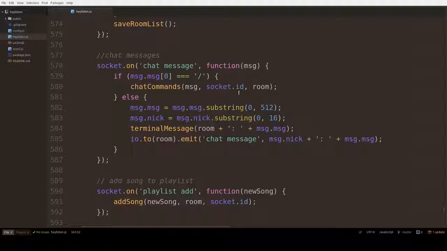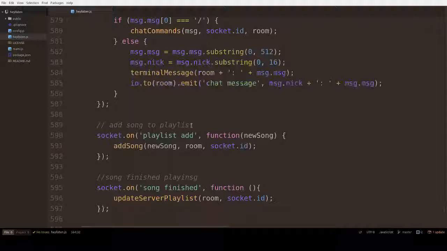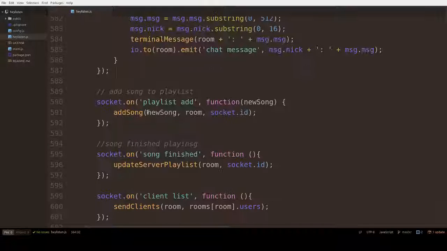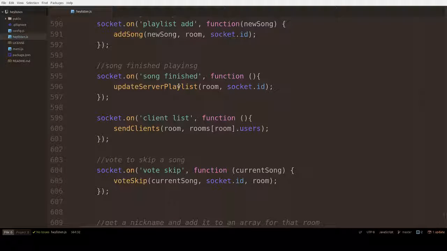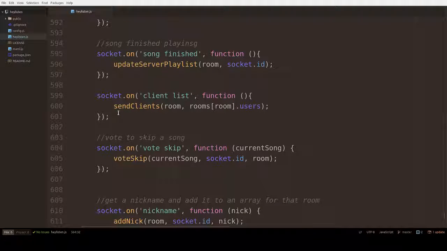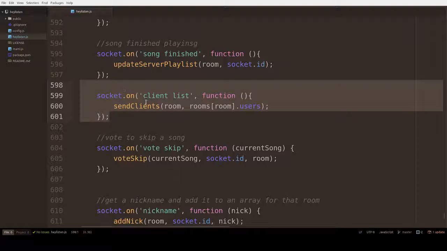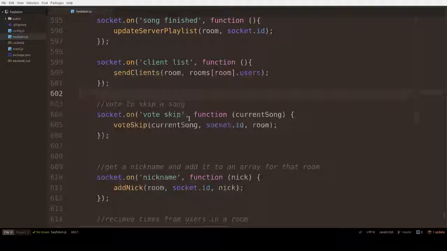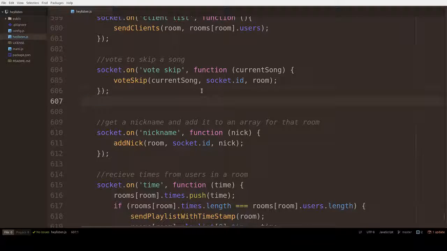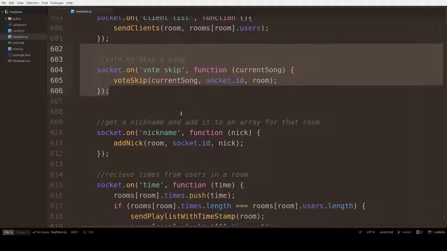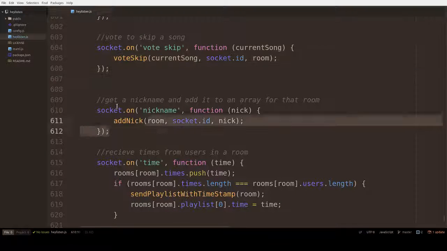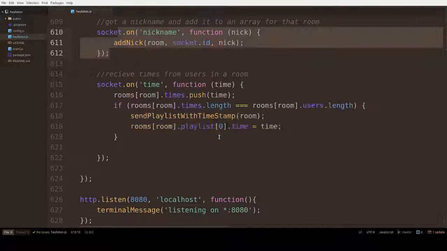Chat messages, pretty self-explanatory. It just sends a message. Add the song, pretty self-explanatory. Song finished playing. So this just updates the playlist, moves to the next one, blah blah blah. It rolls through the whole cycle. This just sends the updated client list. This receives the vote to skip, launches the function. This receives the nickname that user typed in,